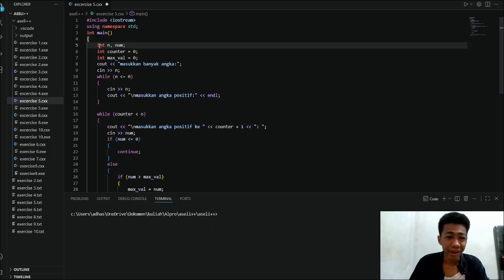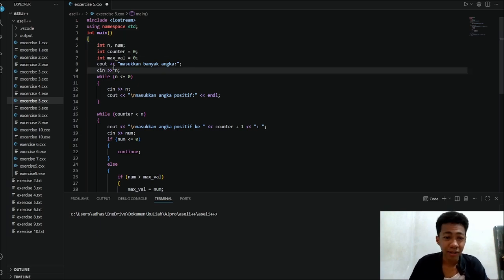First, we need to declare the n variable. This variable contains an integer, which we use to indicate the total of the numbers that we will input later in the second loop.